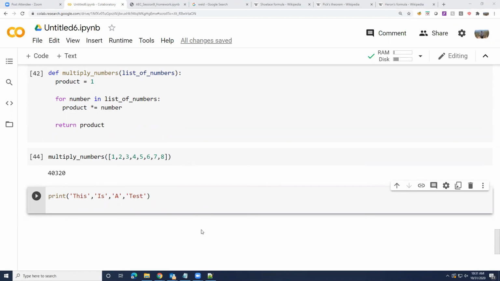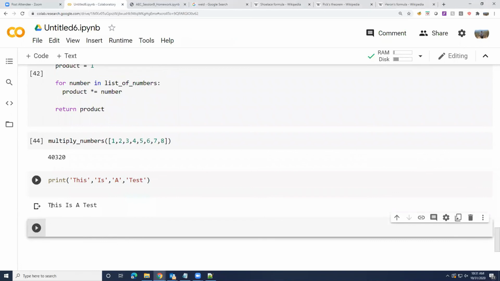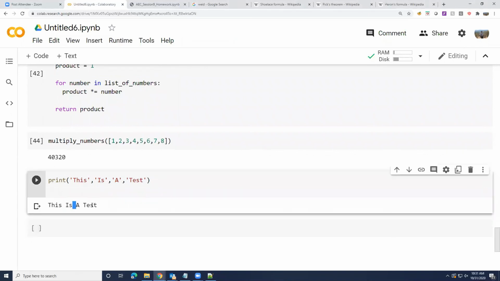Very close. What does it print? You guys can try this on your computer. So it prints with quite some spaces actually, or some space, at least one space each, right?